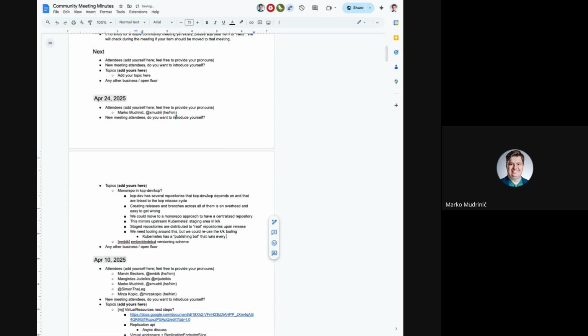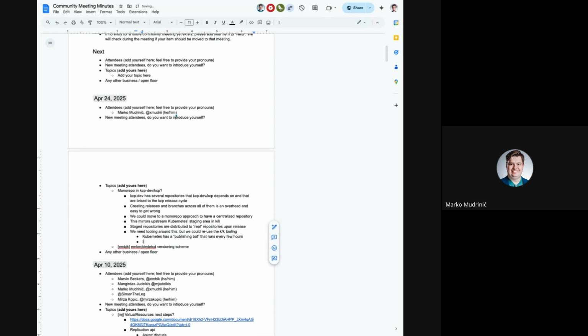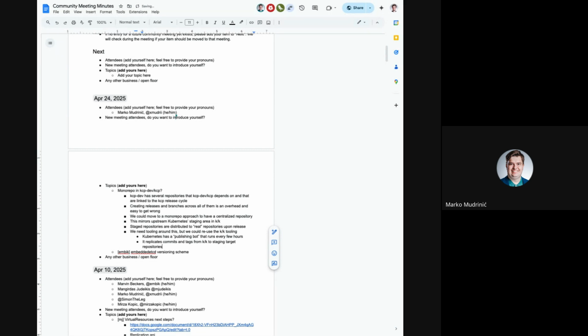It replicates the commits and tags between the KK, so the Kubernetes main repo, and the staging repos. It is basically run in some cluster, and you just run it every several hours, and it does the job. It's not too complicated from that point. It has been pretty stable.